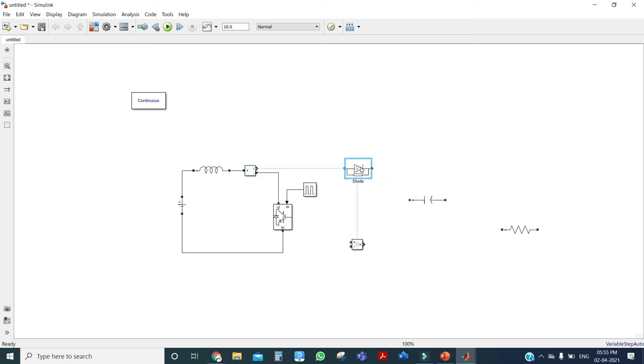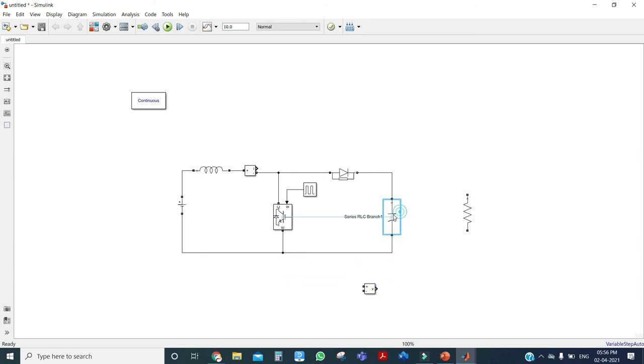And we need to connect this diode here like this, and flip this capacitor and flip this resistor also. Just connect the voltmeter across the capacitor.